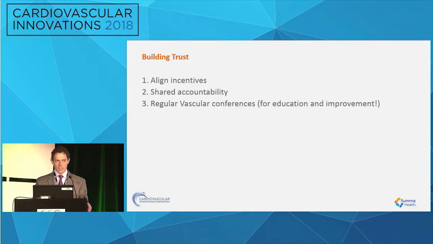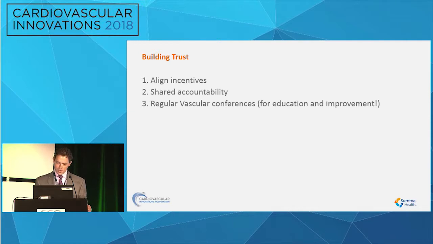Regular vascular conferences, and use these vascular conferences as education. Everybody comes together, talks about approaches to different things. You see at conferences like this that an approach to an occluded SFA can be very different: different wires, different techniques, antegrade, retrograde, reentry techniques, et cetera. So learning from each other and having conferences where we can discuss different approaches, everybody tends to get better together, and it's better for the health system.